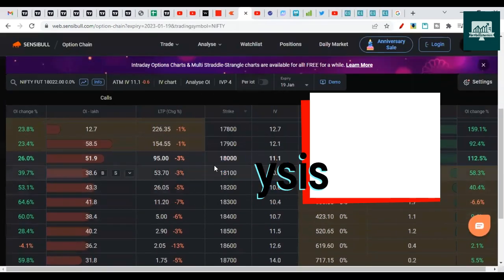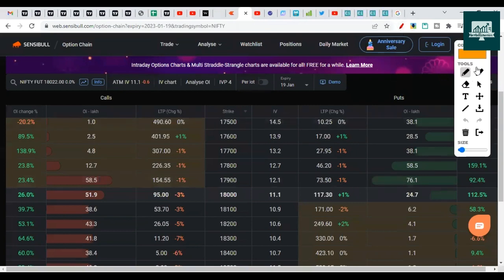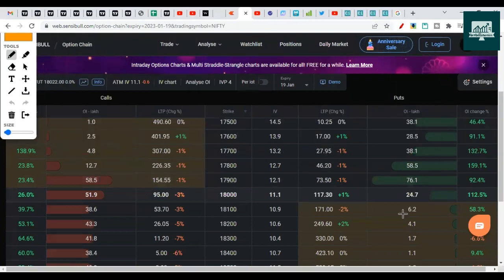On the option chain front, here you see a slightly different picture. The option chain shows you that 18,000 is acting as a major resistance. The highest call open interest, whichever strike it is, acts as a resistance. Actually, it's 17,900. You can see a bigger number here than this. So this is acting as a resistance. That's why even 18,000 didn't sustain, it touched and then dropped 50 to 60 points, sharply. So 17,900 is the major resistance.